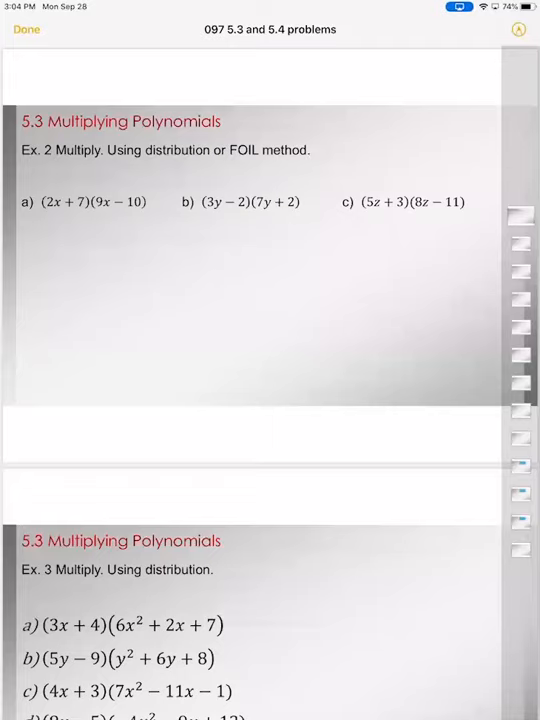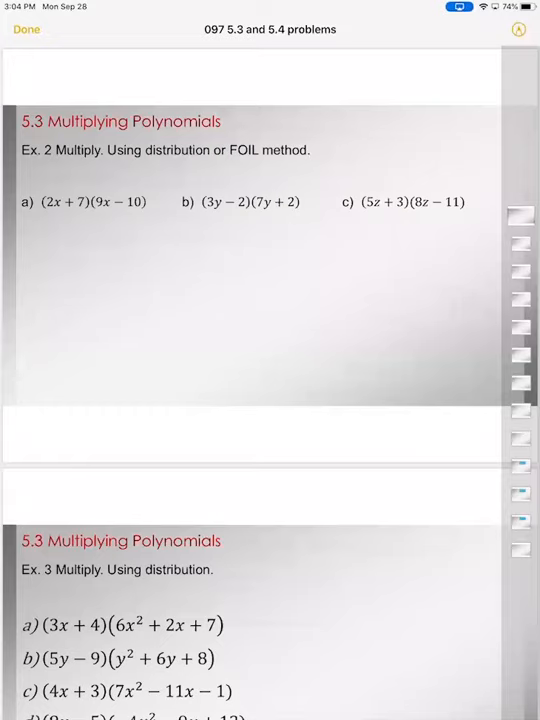This is where we stop. We did B and C at home, but I want to give you a reminder. I'm using the FOIL method, and FOIL is just a way to remember